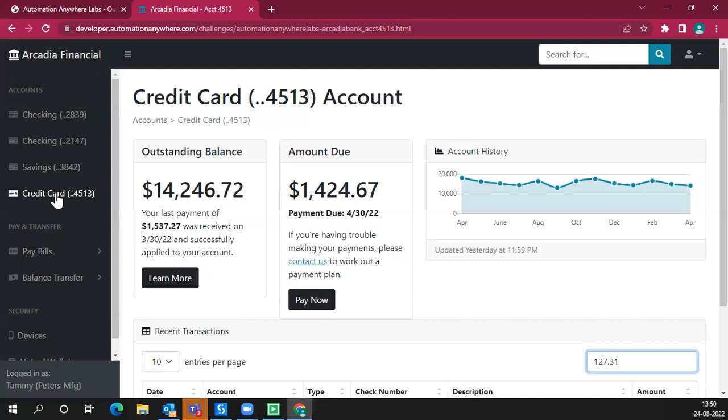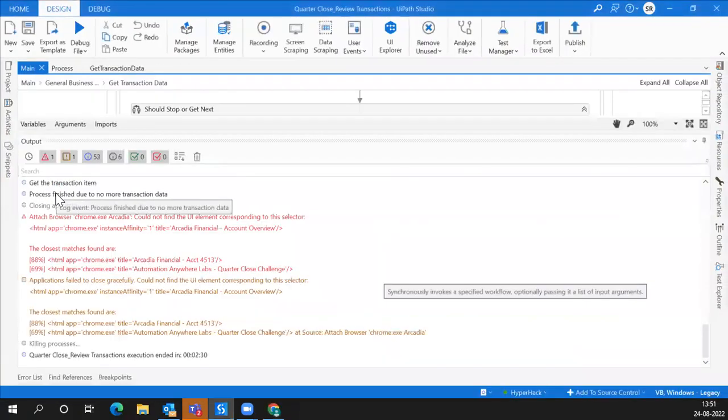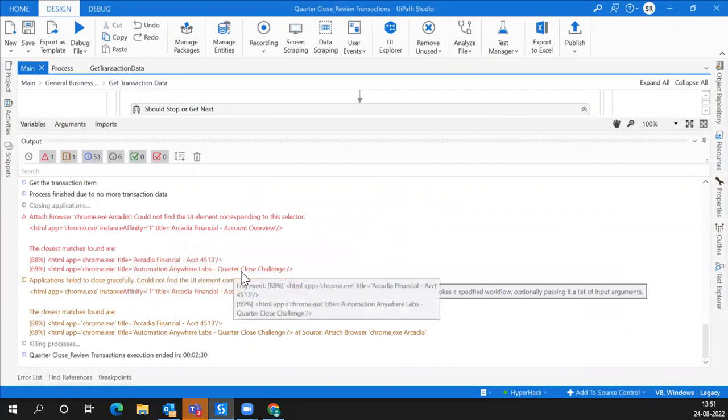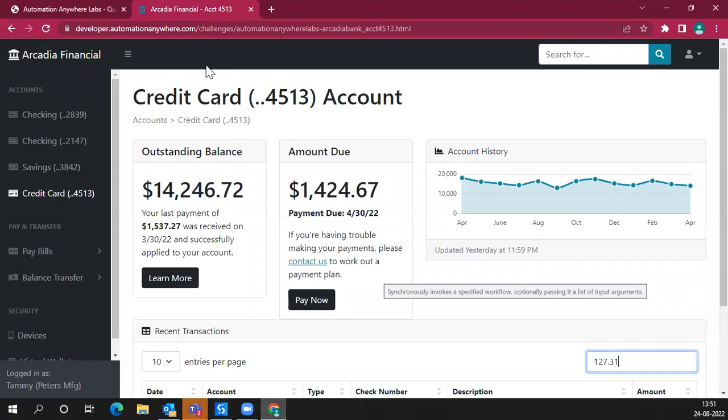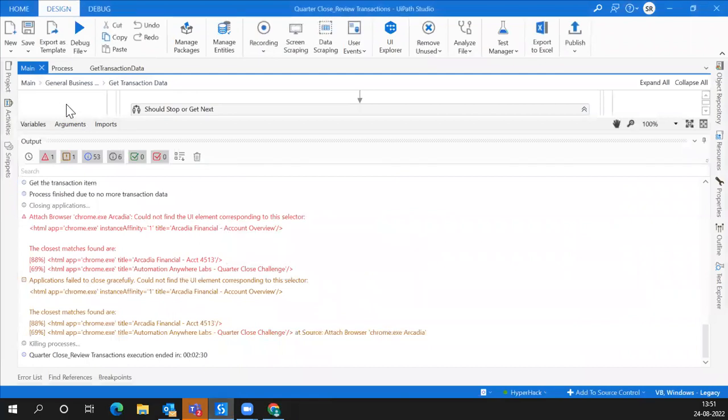Okay, 40 seconds. What is the change? Oops, we got an error, which is saying something while closing the application. Okay. Because while closing the application, we are on the home page and now it has changed to something else, right? We tuned the selector in the process, but we forgot to tune that